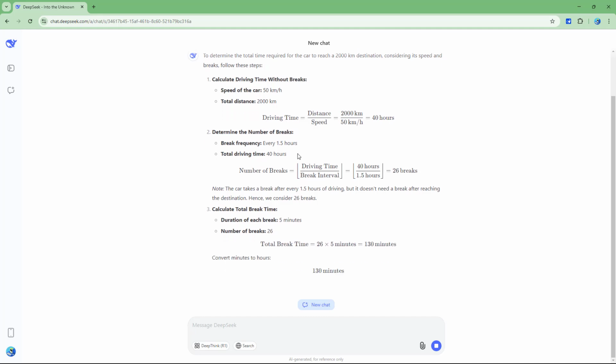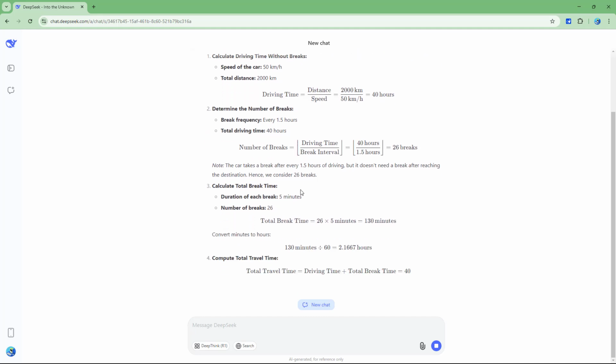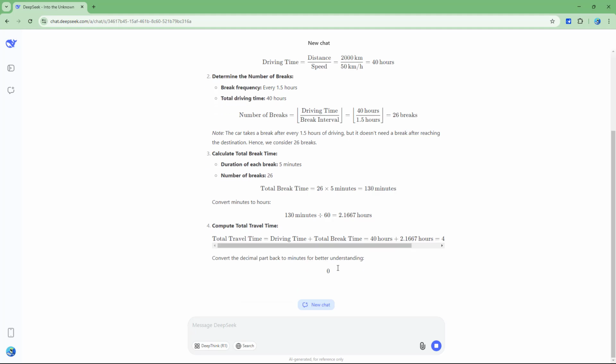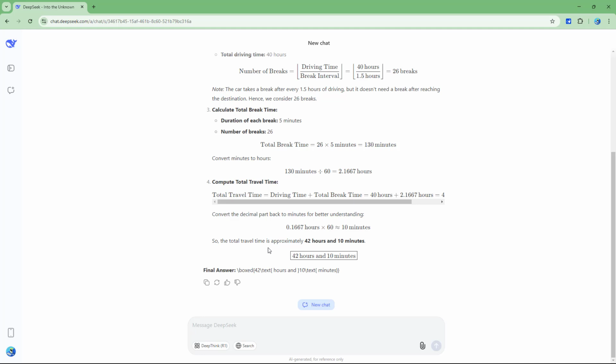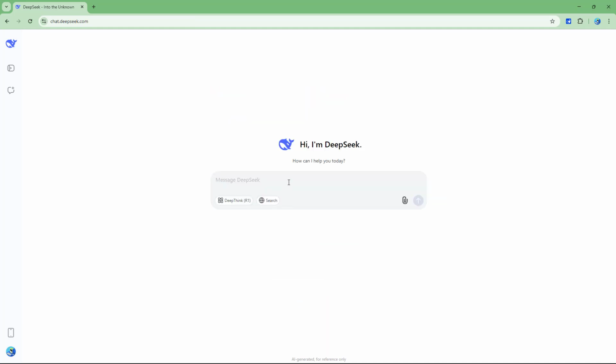So now it started calculating out everything, as you can see right here, and then gives me the final result right here, just like this. So it says the total travel time is approximately 42 hours and 10 minutes, and it gives me the result accordingly right here. Let me just go onto a new chat, and what you can also do is, let's say, for example,